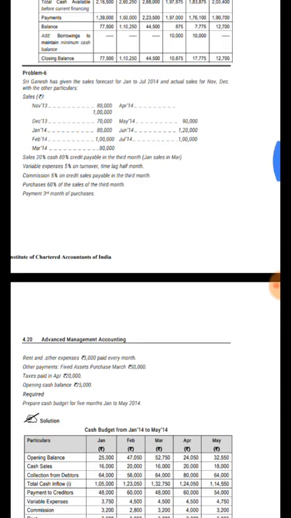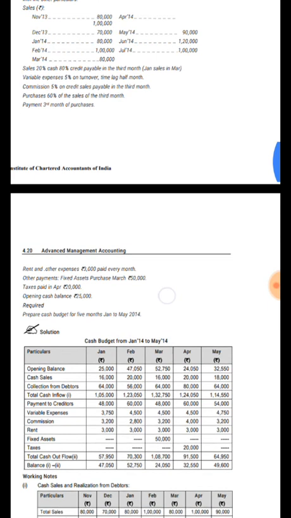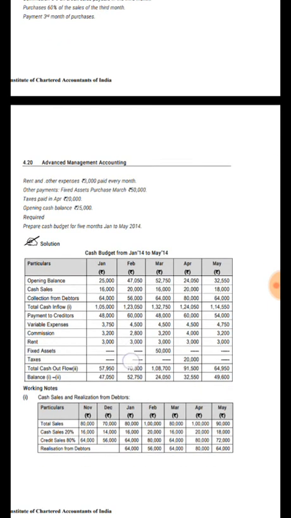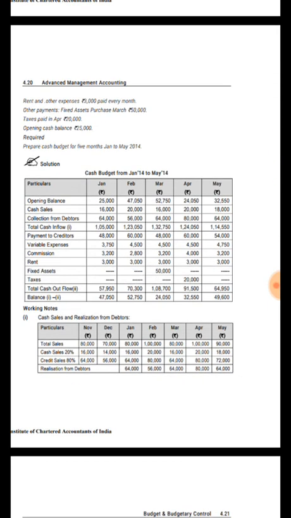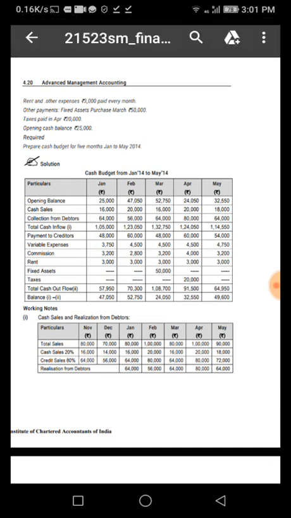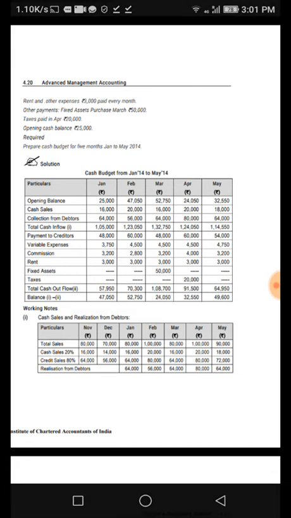Opening balance they have given, cash 25,000. Okay, so cash sale we found out here. This 16. Don't see this one, because this one we have to say, okay, 16,000. You can write down for every month 16,000, 20,000, 16,000, 20, 18, 60, 20, 60, 20, 18. Okay, then collection of debtors also you can write down: 64, 56, 64, 80, 64. Don't write for cash opening balance because that will come from below only. Okay,